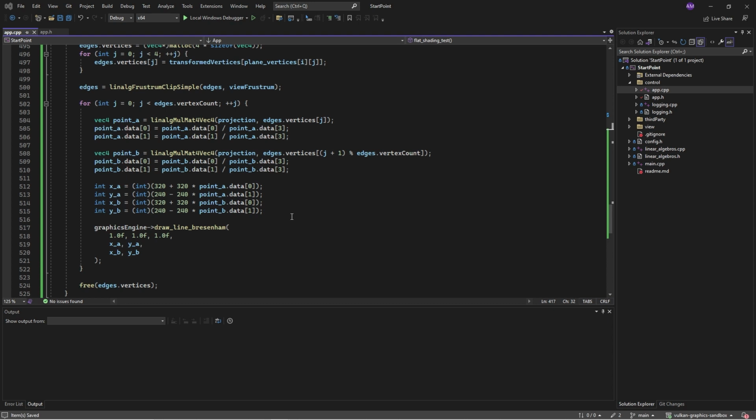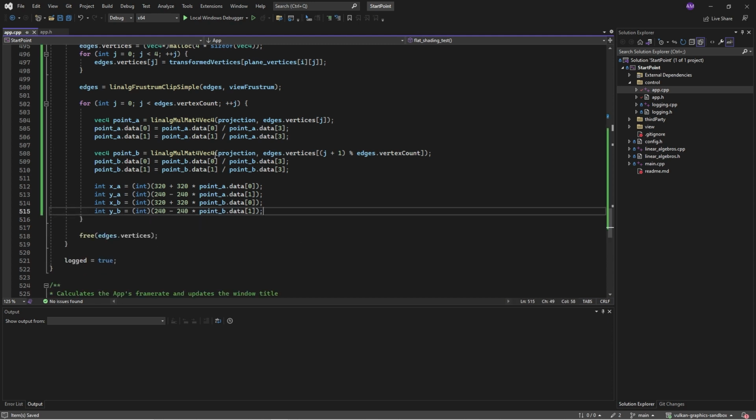But some things are going to have to change. See that I'm calling this graphics engine draw function right now with the X and Y. It's not great. So what I'll do is get rid of that